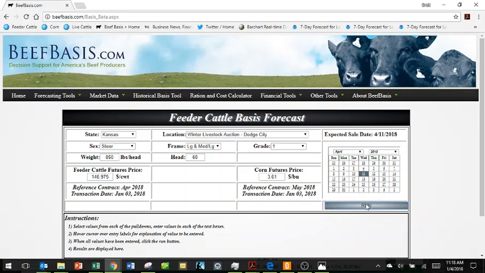Those things are automatically calculated for you, but you can change these if you would like. But these are automatically pulled from the current futures prices. So once we have this all together, we'll click Run,